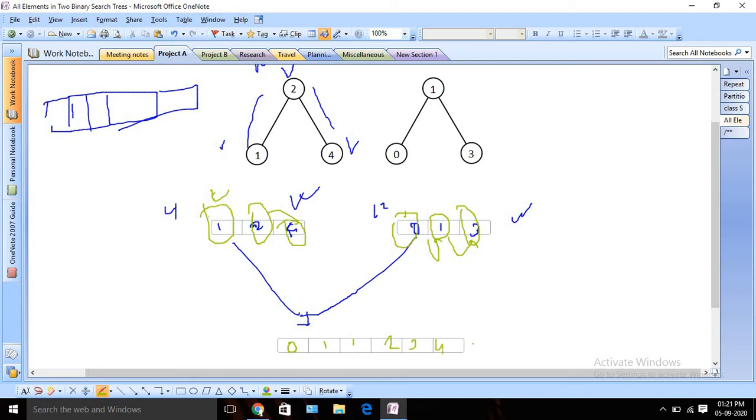So now the actual result list is sorted and we can return it. So what is the advantage here? Since we know that the binary tree is already sorted, we don't need to perform any kind of sorting algorithm. So we are solving it in linear time. So what will be the time complexity here? Because we can see that we are traversing both arrays.